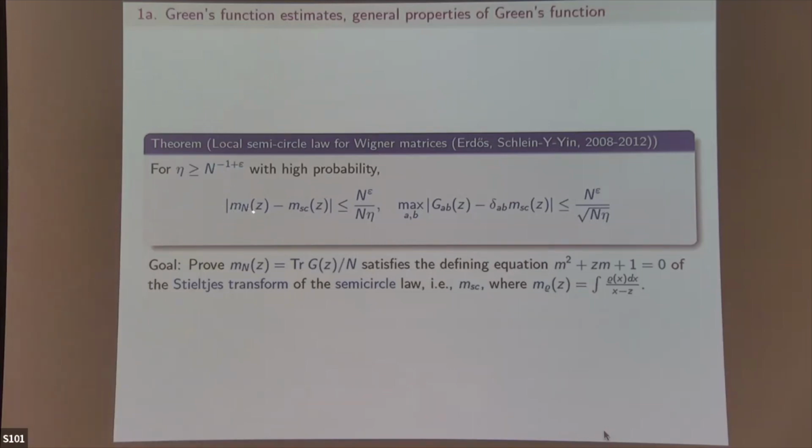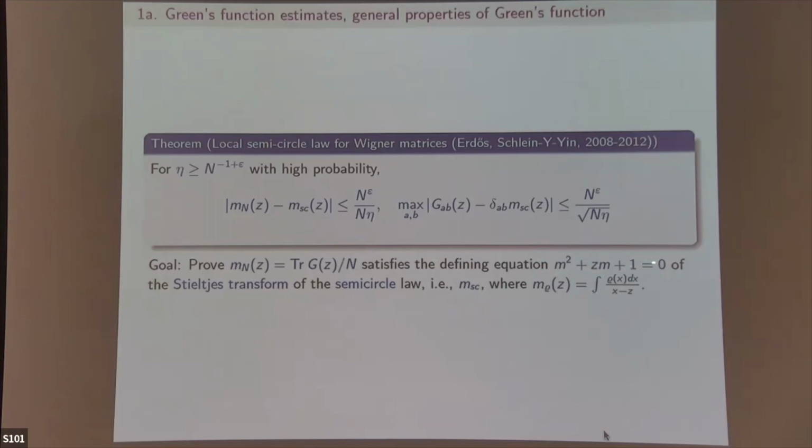And this m_n(z) is the trace of the Green's function divided by n. And m_sc(z) is what you get when you take this Stieltjes transform and put in rho(x) as a semicircle; if this one is a semicircle, you call it m_sc. And you want to show that m_n of your Green's function minus m_sc is small, along with an estimate on the diagonal term. And now the key is to prove that, because m_sc satisfies the self-consistent equation,